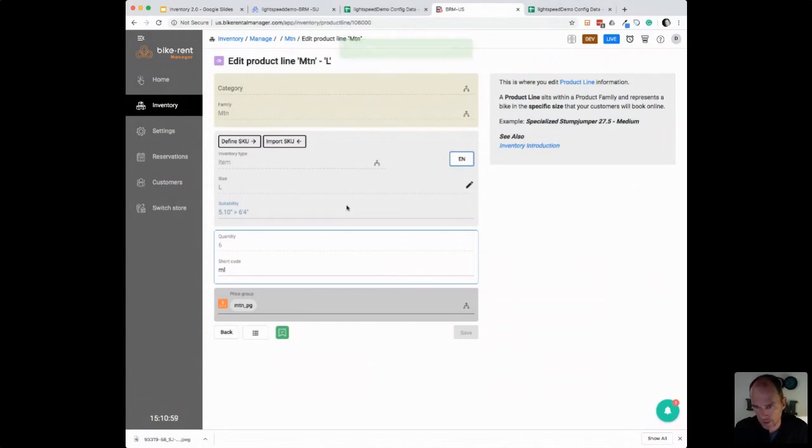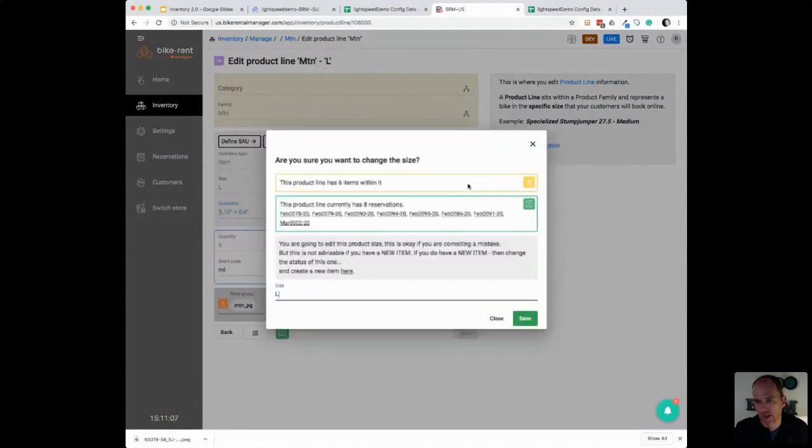Now, the other neat thing about 2.0, because we're not using a spreadsheet, we can give you real feedback if you want to change something. So if you want to change the size of a product, it's going to give you the impact analysis right here. So it says, okay, well, this has 6 items in. This product line has 6 actual items, but it also has these reservations. So changing something like the size is likely to be a really bad idea when you've got all of that going on. And this is exactly the kind of thing that used to happen all the time in the spreadsheet,